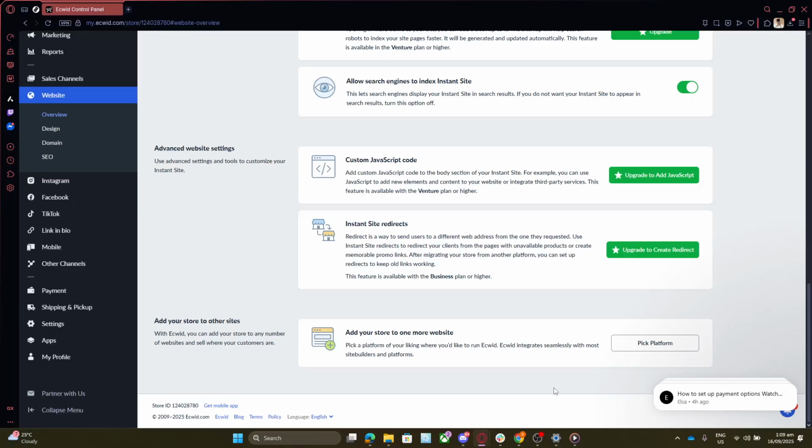You can choose between formats, host platforms, and site builders that best suit your business needs, whether it's WordPress, Wix, or any other CMS. It's crucial here to ensure that your new website supports Ecwid's integration. If there are any compatibility issues, reference back to Ecwid's help guides or contact their support to address these concerns promptly. With this completing step, you've successfully made your Ecwid store available on another site, broadening your store's reach and